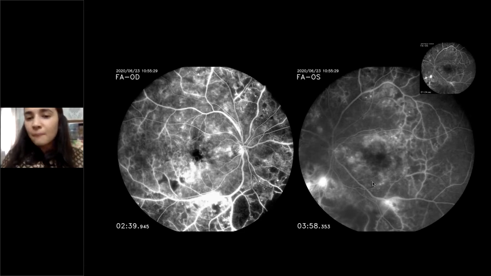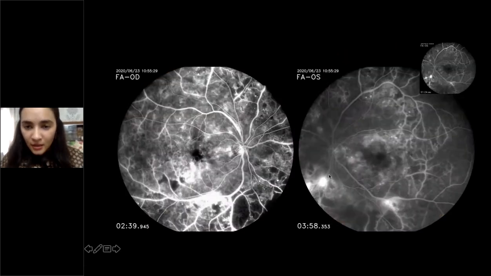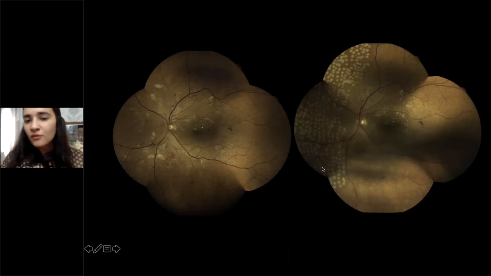So it is really helping you decide which patient you're going to take up for laser, which patient you want to treat with steroids or anti-VEGF. In this patient, we did go ahead with a grid laser and a PRP because if you clearly notice in the inferonasal quadrant, there is a big NVE patch. So we went ahead, did a PRP, not affording Ozurdex. We had no option but to give grid laser a go and it did pretty well.